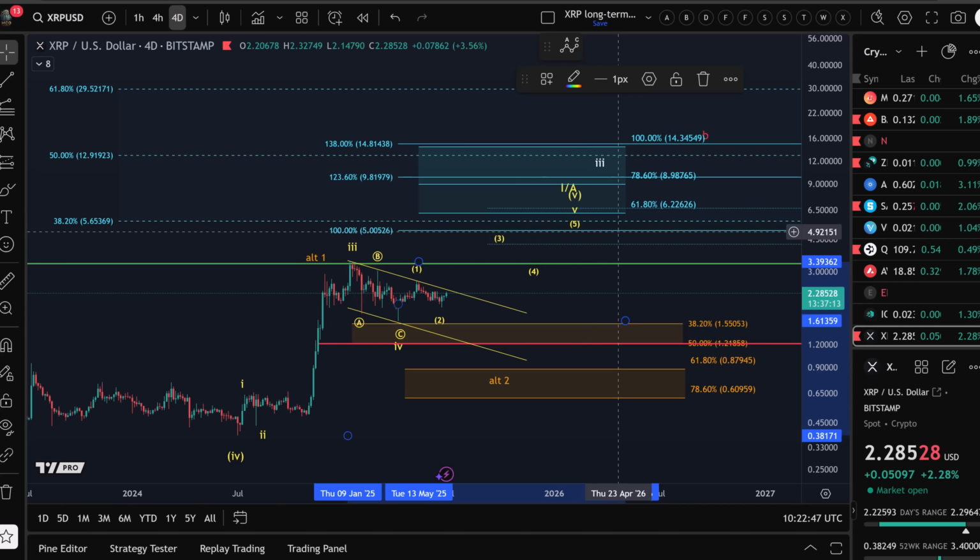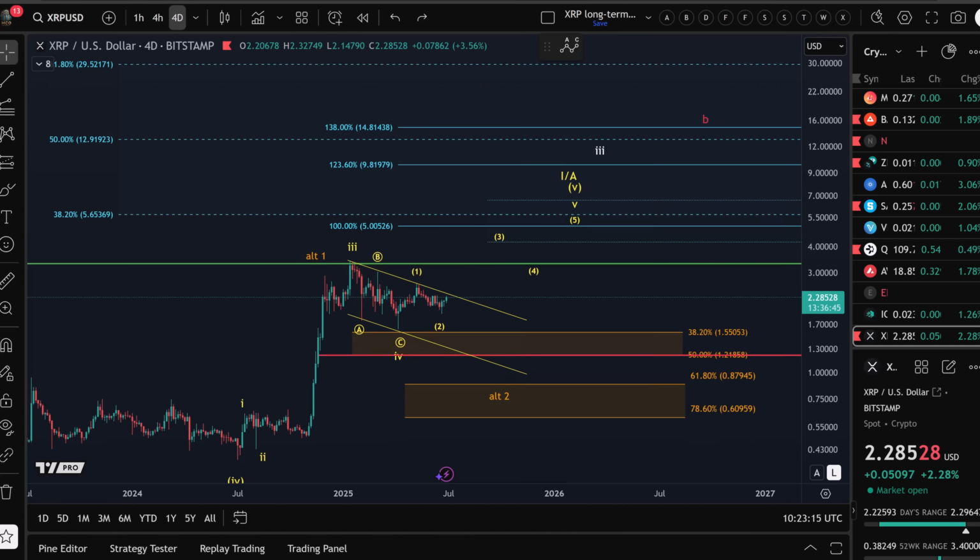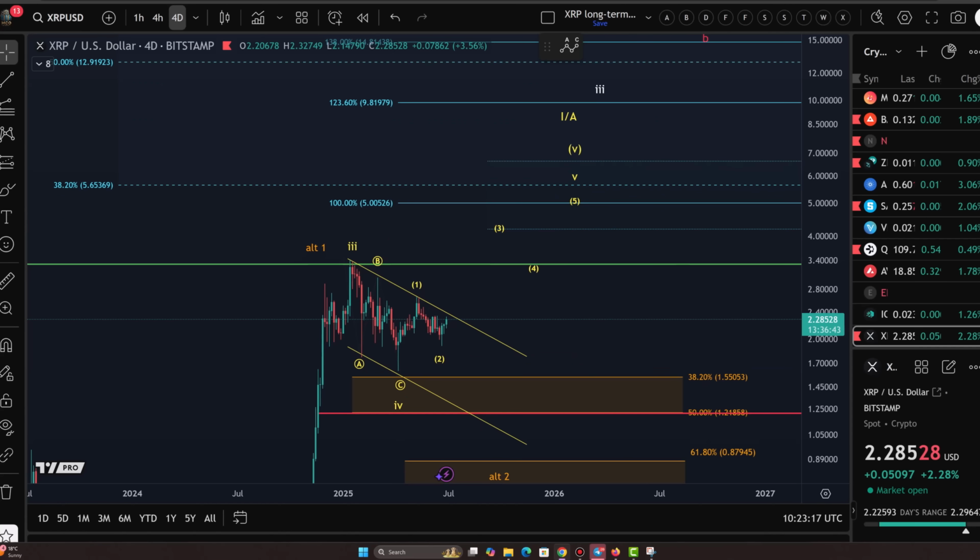Another possible target, which would be quite a bit of an extension for a fifth wave but still valid, is the 78.6 extension in a very euphoric phase, as it sometimes happens in a fifth wave. Again, it's all related to market sentiment. In a very euphoric fifth wave, sometimes the market gets to the 78.6 extension. Here we talk about $9. Okay, so yeah, just highlighting some key levels there, and what I focus on at the moment in the very short term,